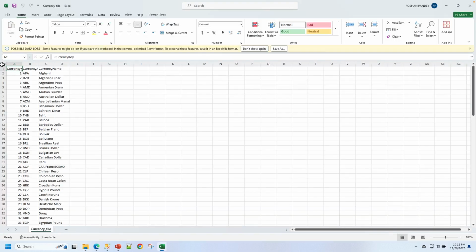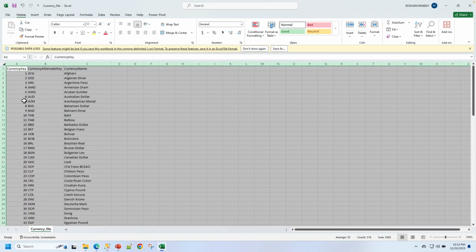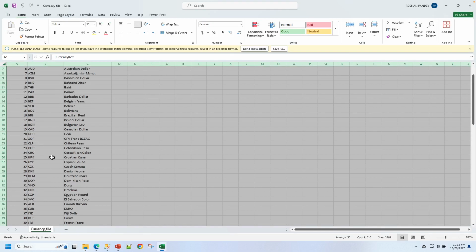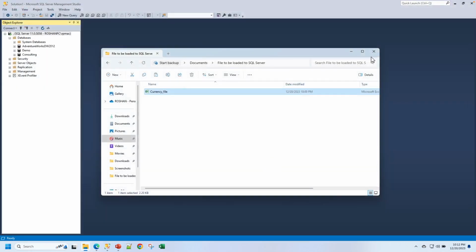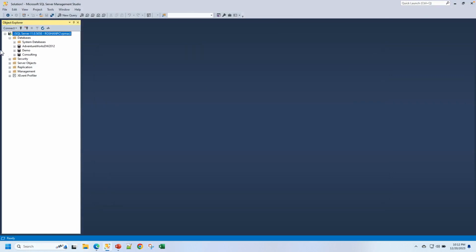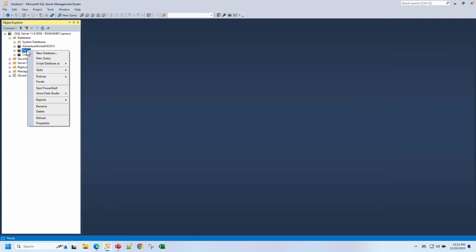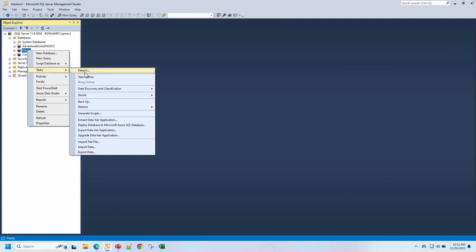So it has a currency key column, which is basically an identity column, and we have a currency alternate key, which is a 3-digit code for each currency, and there's a currency name. Simple table. So we want to load this. It does not change over time. It's static data, so we are going to load it one time. Save. All right, so we go to the database that we want to load to and go to Tasks, and